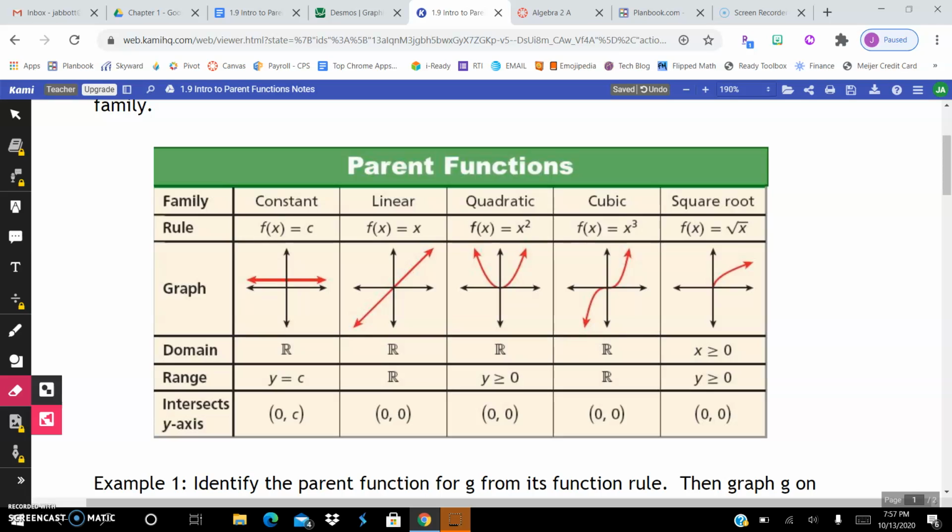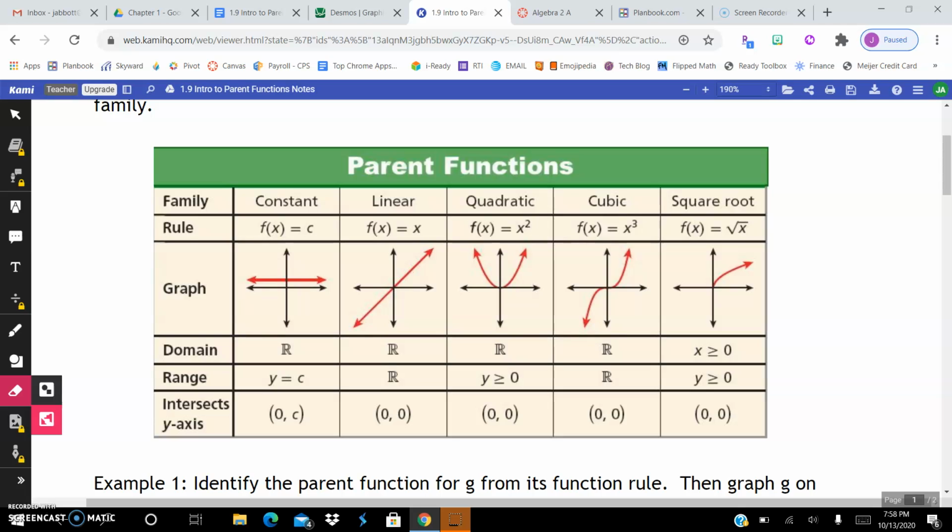So the first one is a constant, and constant is just a whole number. Looking at that graph, it looks like that red line might be up 1 or 2. So the rule would be f of x equals 2. So c is just 2, and it's a straight line across the y-axis through 2. The domain is all real numbers. The range is whatever the c value is. So if in this case it's 2, then our range is 2. And then it intersects the y-axis at 0, and then the y value is whatever the c value is in